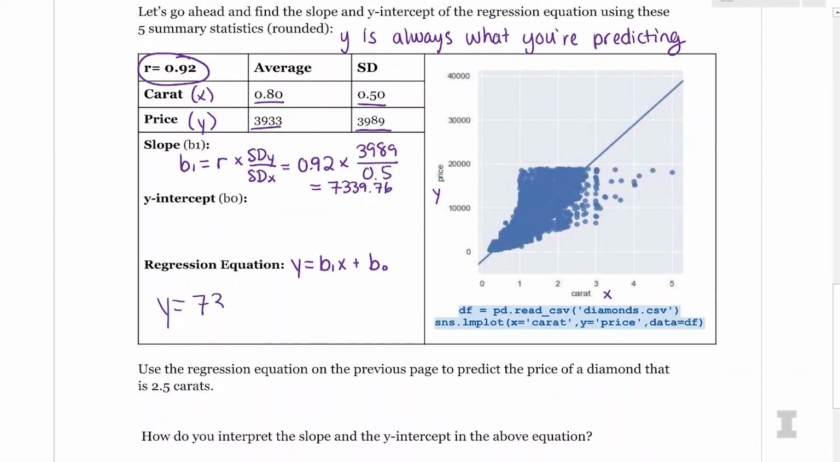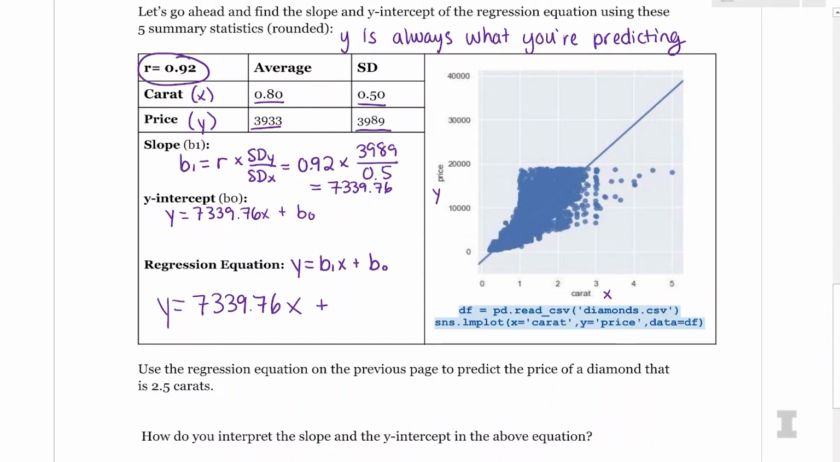I have 7339.76x plus, and now I need my y-intercept. So to find the y-intercept, I can look at the formula from the other page, or I can say, well, this is what I have. I have y equals 7339.76x plus my y-intercept. I just need to plug in something for x and y in order to get B0